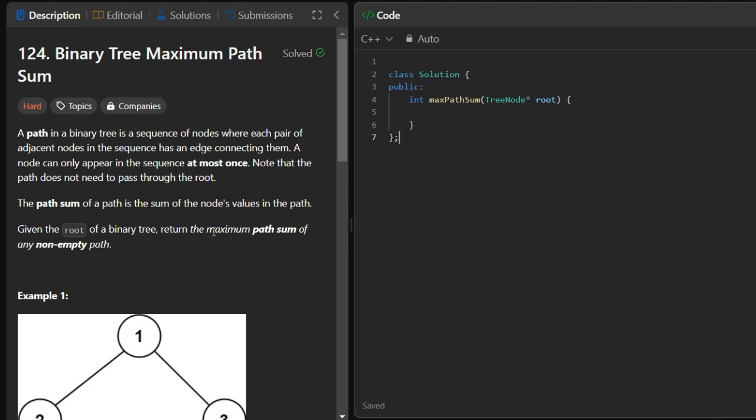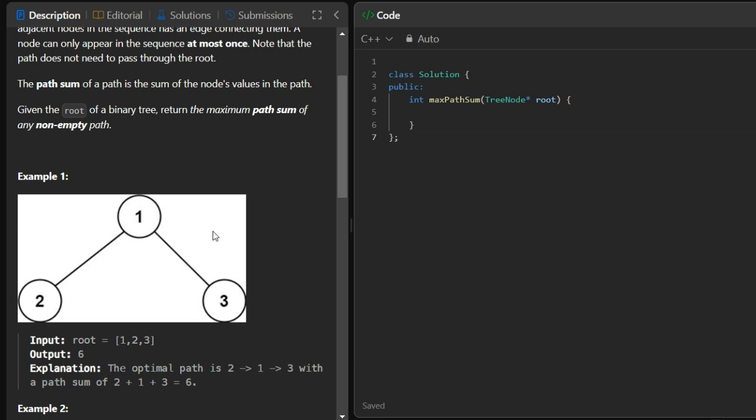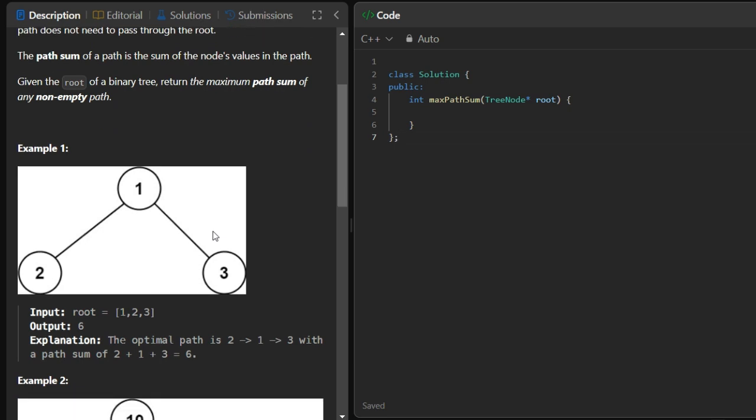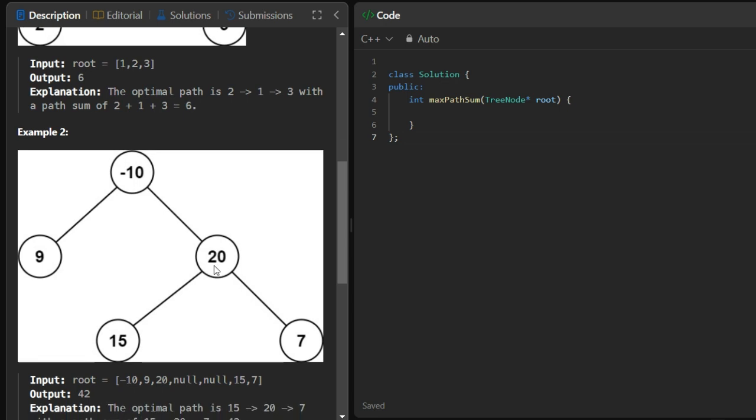Binary tree maximum path sum. In this we have given a binary tree. इसमें मैक्सिमम पाथ का सम रिटर्न करना है। जैसे 1 से लेके 2 एक पाथ है जिसकी वैल्यू है 3 और 1 से 3 भी एक पाथ है जिसकी वैल्यू हो जाएगी 4। सो ऐसा पाथ रिटर्न करना है मीन्स